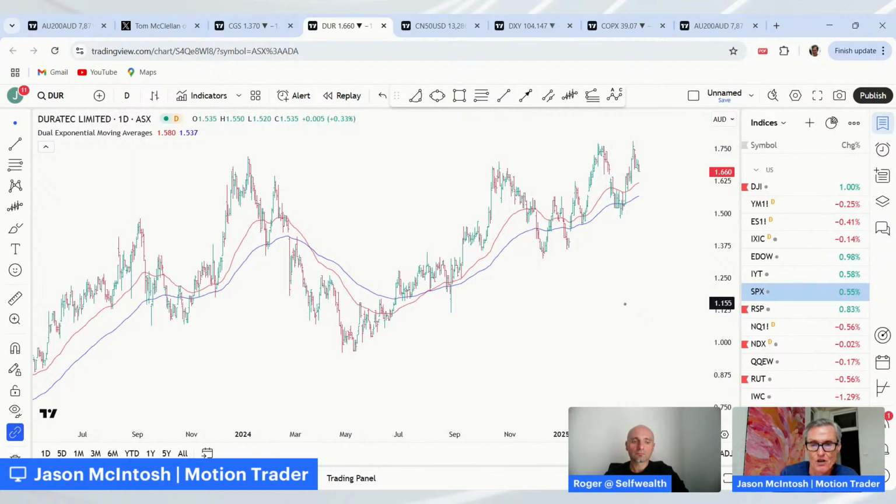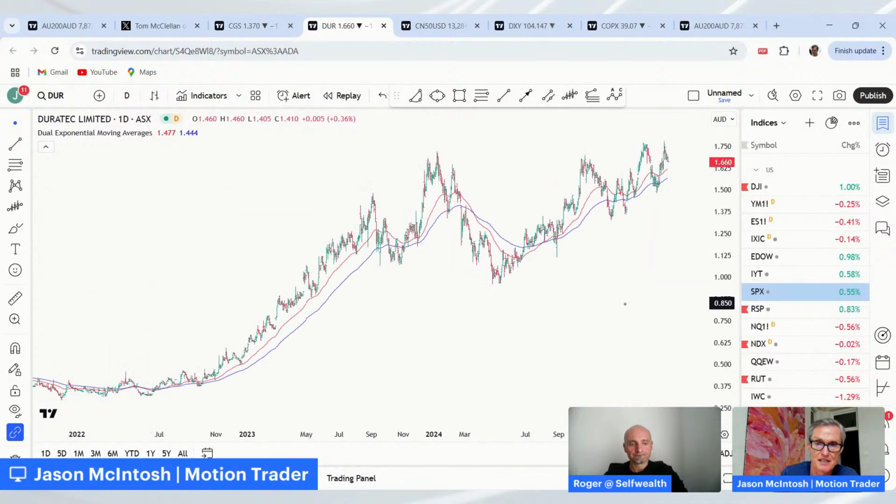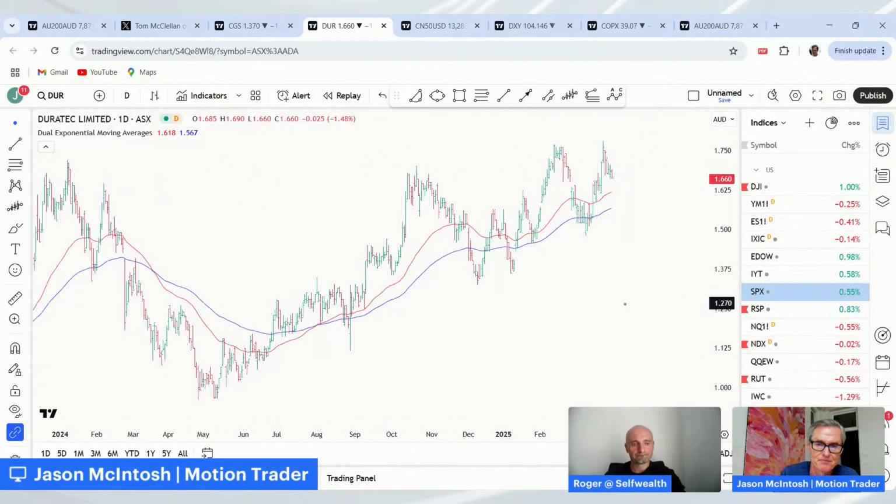It's an interesting stock because it's really holding its own despite the volatility we're getting in the ASX. It's a momentum trader stock. If I had it, I'd hold it. Would I buy it at this current point?